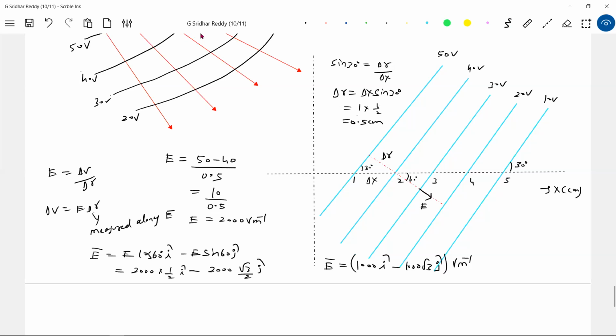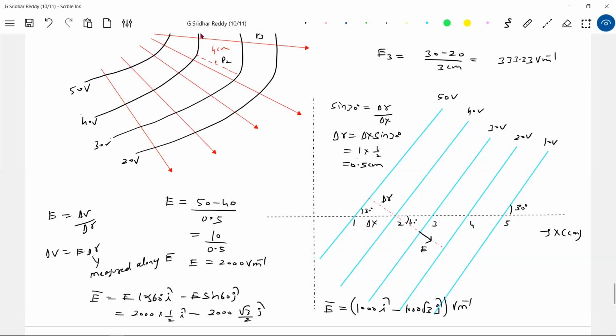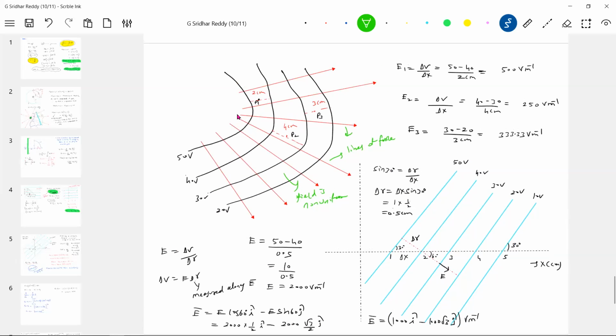If they give the equipotential surfaces, can you find out E bar? There are two types of potential surface I brought. One is where there is a non-uniform electric field. Here, what is the field? The field will be non-uniform. What about these red color arrows? Lines of force. Complete description is there in front of you. Just make observation. It's a very small idea.